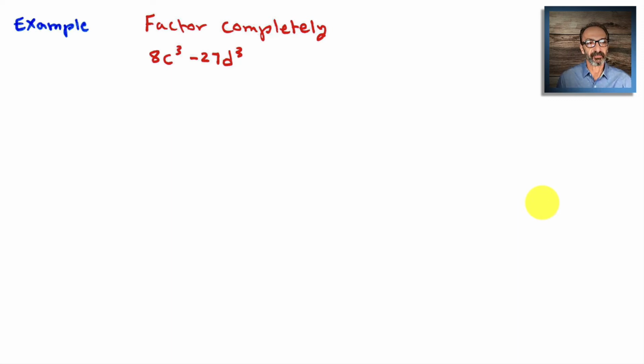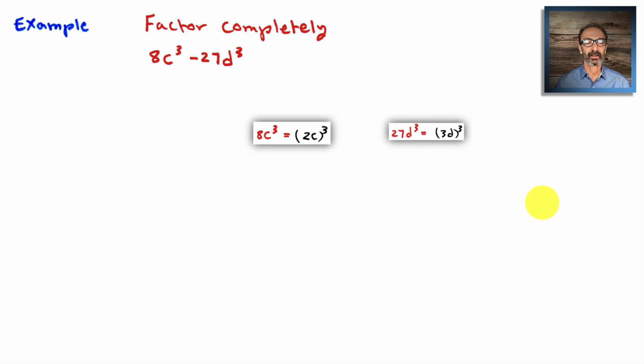Let's keep going. Factor completely. 8c cubed minus 27d to the third. What do you think? I think we're looking at cubes and a difference of 2 cubes. Let's take a look. 8c to the third is 2c times 2c times 2c, and 27d to the third is 3d times 3d times 3d. So we're looking at a difference of 2 cubes,